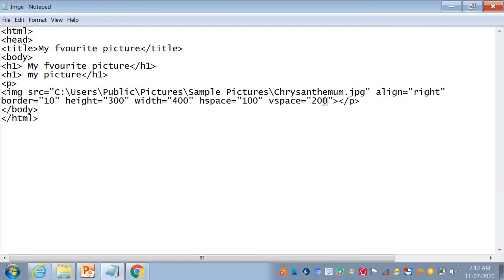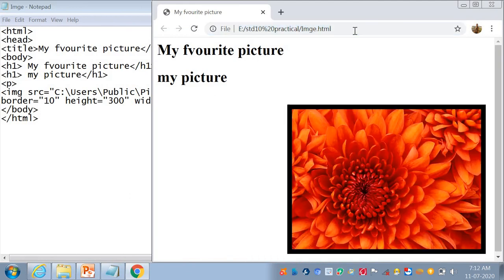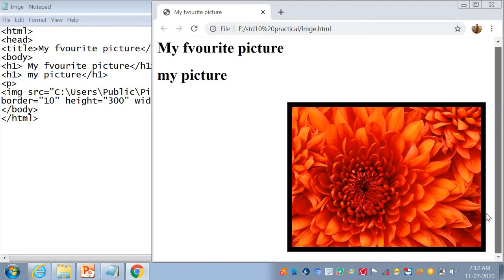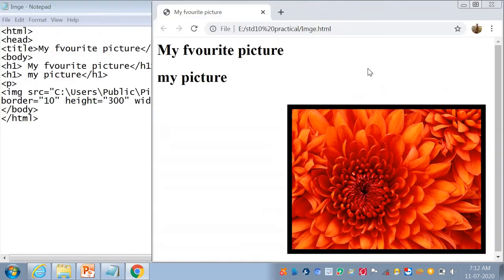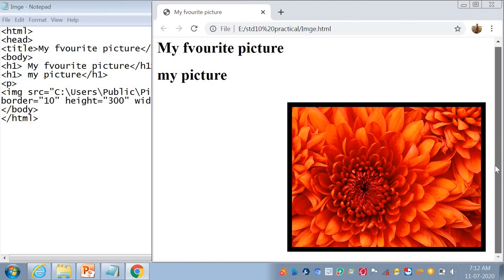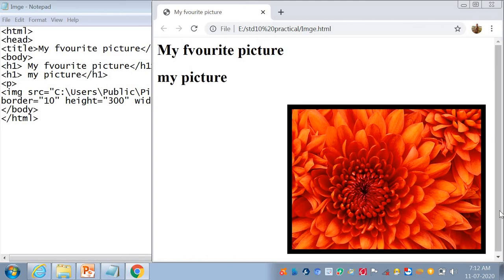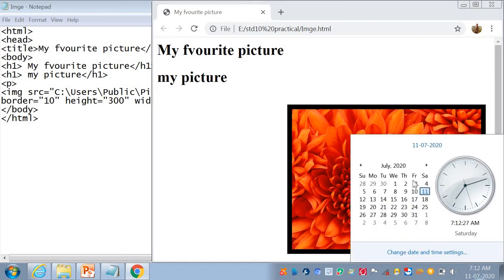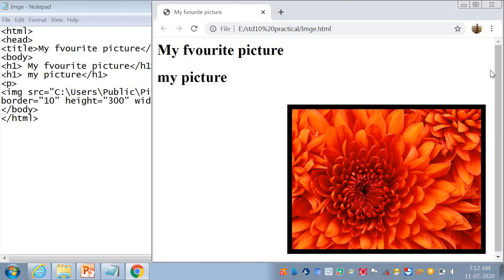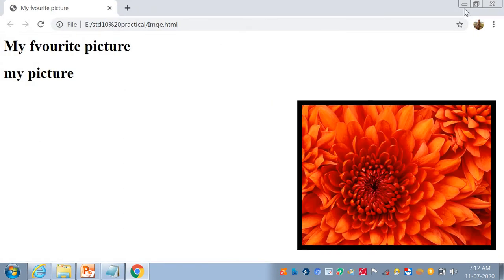So here we decrease our size so we can easily see it. Hspace and vspace mean the horizontal space and the vertical space of your image, and it also sets the page here.